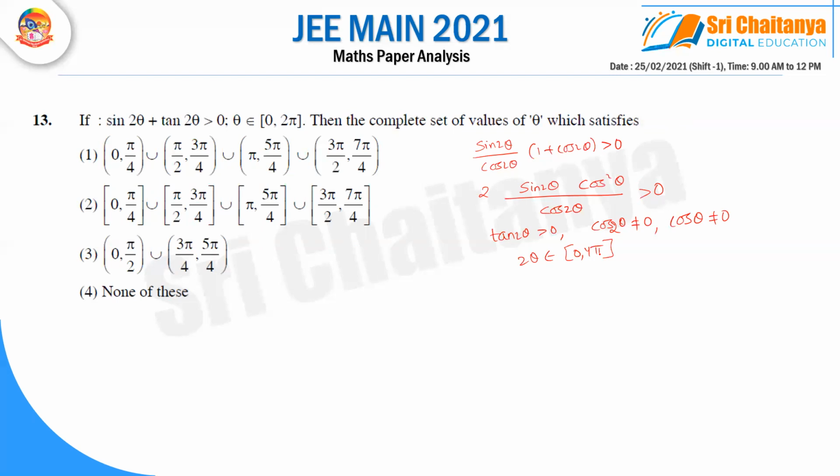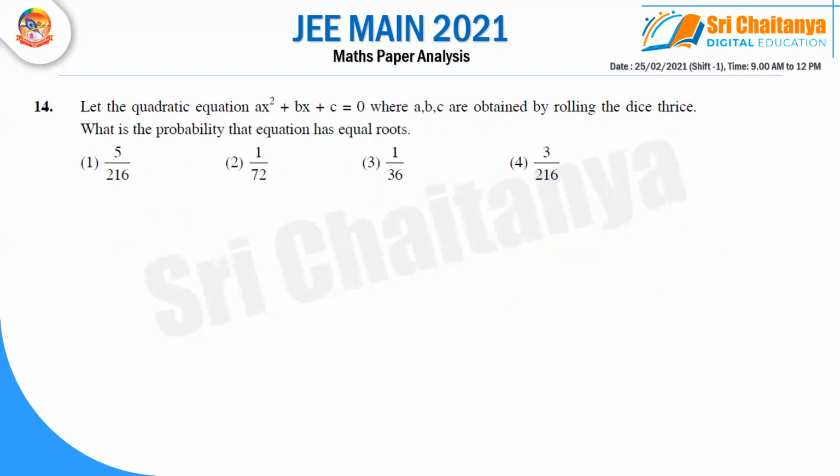So when I write the interval, I won't be getting any closed intervals. That is for sure. So just plot the graph and you will be left with first option, 0 to pi by 4. Basically, I will be getting something like this. 2 theta belongs to 0 comma pi by 2 union pi comma 3 pi by 2, first and third quadrants I am writing, nothing else. Union 2 pi comma 5 pi by 2 union 3 pi comma 7 pi by 2. So just divide by 2, you will be getting the answer as first option.